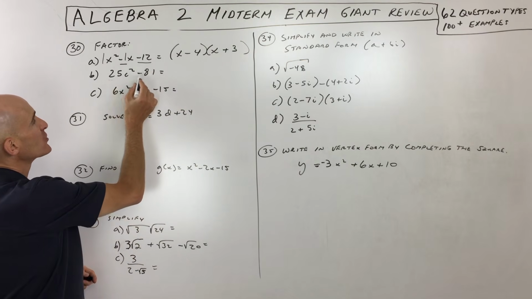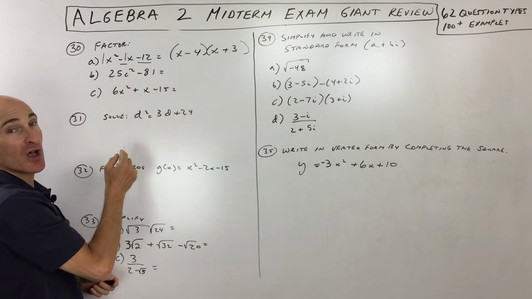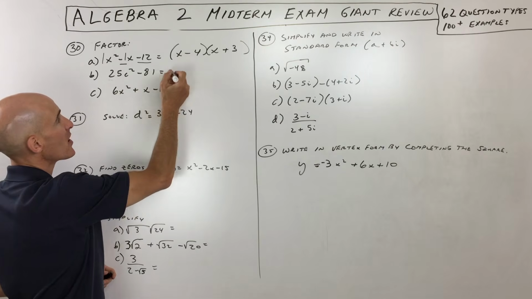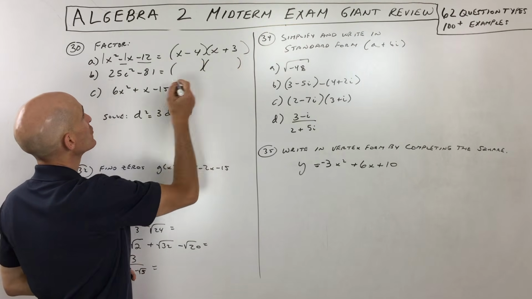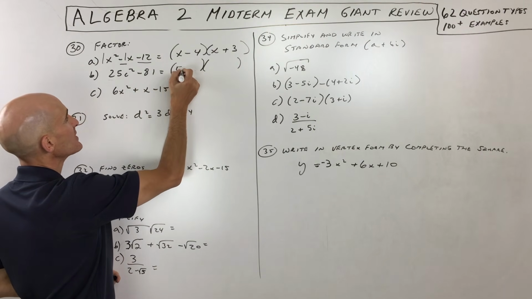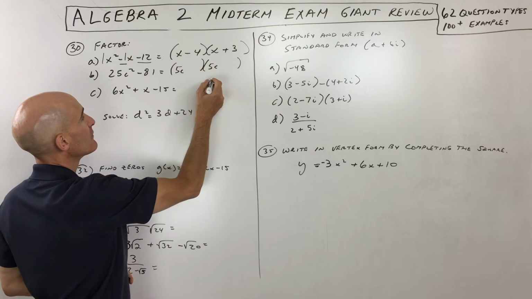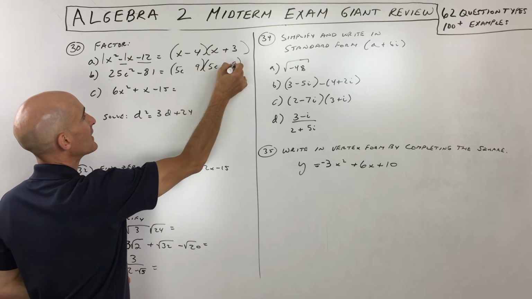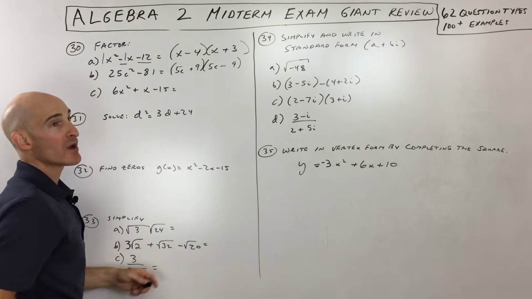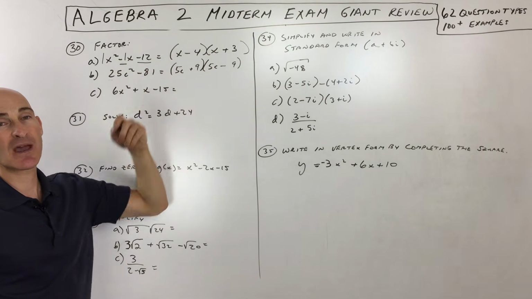Here what you notice is only two terms. The terms are separated by minus or plus. This is what's called a difference of two squares. When you factor a difference of two squares, you want to take the square root of both of these quantities. So the square root of 25c squared is 5c, the square root of 81 is 9, and you make one of these positive and one negative. Again, you can FOIL this out and make sure you get back the original.